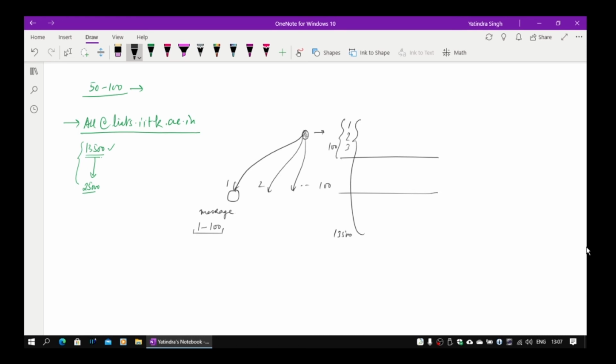So I can do that. This guy can be told that you pick up from 101 to 200. This one can be told that you pick up from 201 to 300. So everybody has been given an index. And correspondingly, another will pick up 10,001 to 10,100. So this is the large number, and the whole space is being partitioned.